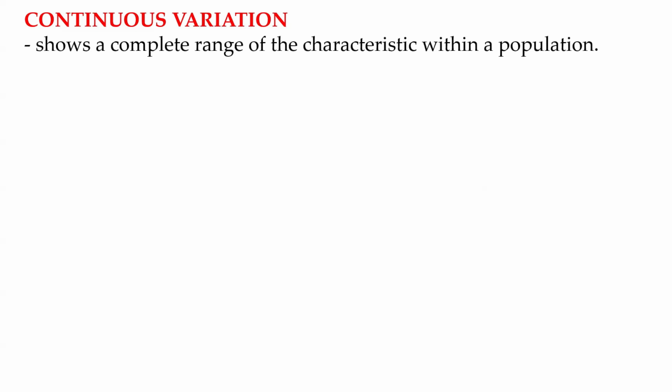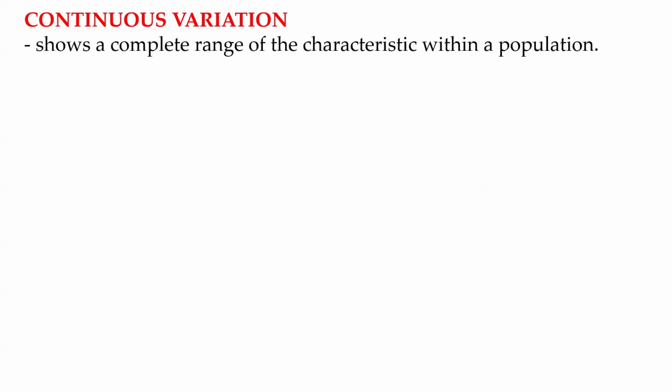Usually continuous variation is a cumulative effect of varying environmental factors on a variable genotype. It also includes characteristics in a population that show a complete gradation from one extreme to the other